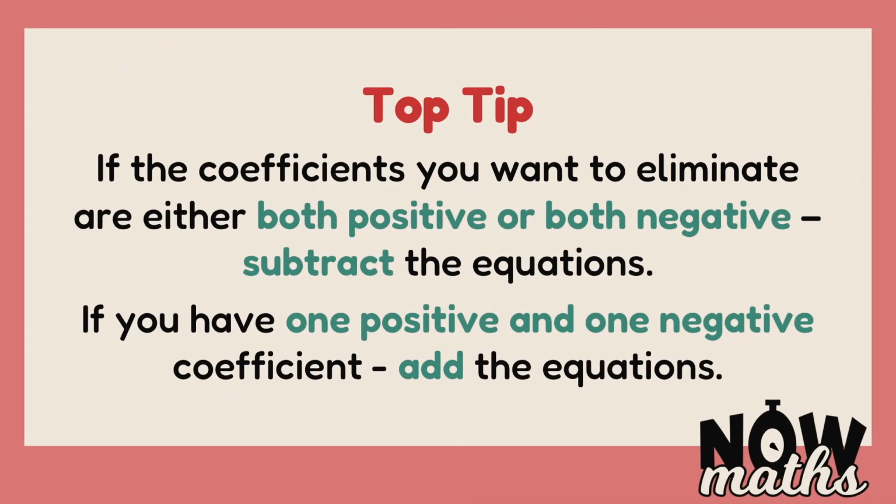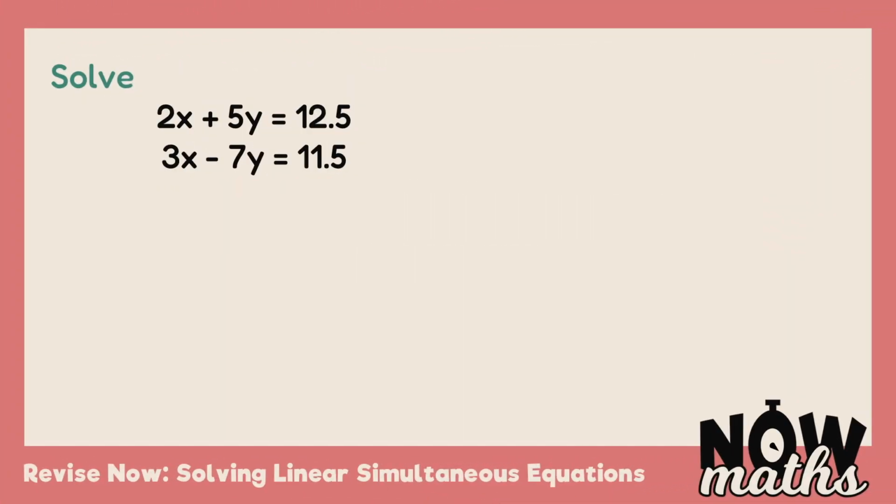If you're struggling to figure out whether to add or subtract the two equations you have, if the coefficients you want to eliminate are both positive or both negative, subtract the equations. And if you have one positive and one negative coefficient that you want to eliminate, this is when you add the equations together. For our final question in this video, we're going to take a look at a question with